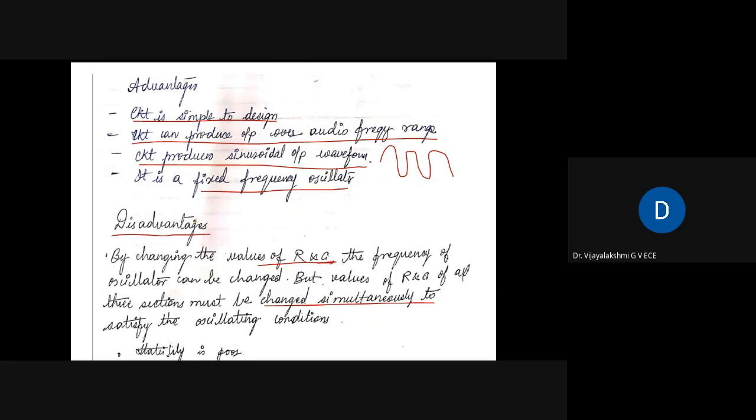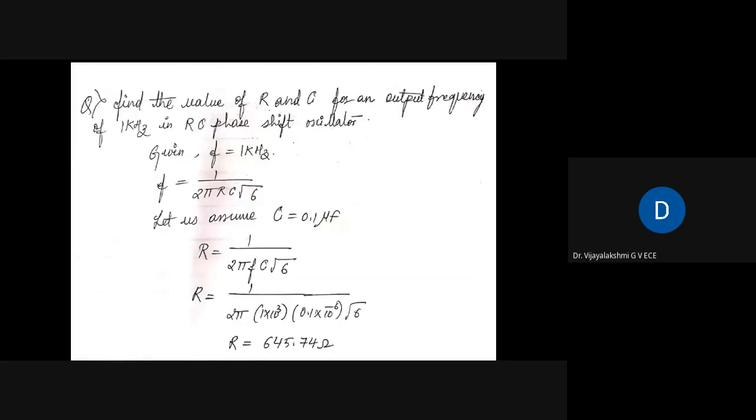The other disadvantage is that the stability is poor. I cannot say it gives less stability; it is only that, compared to the other oscillators, the stability is poor in the case of the RC phase shift oscillator. So now we go to the other circuit where the stability is improved over this circuit, and that is the Wien-Bridge oscillator. Before going to it, let us see a small example on the RC phase shift oscillator.